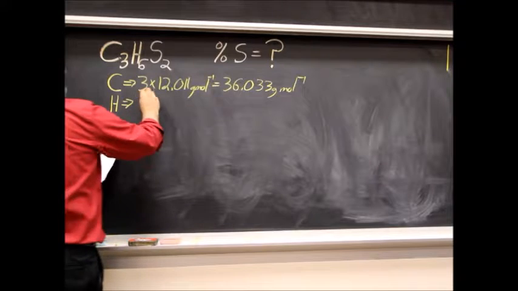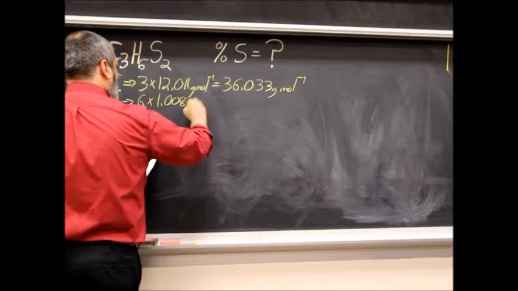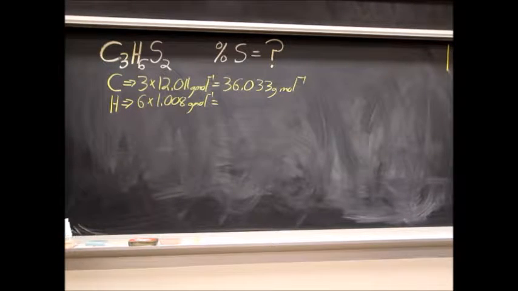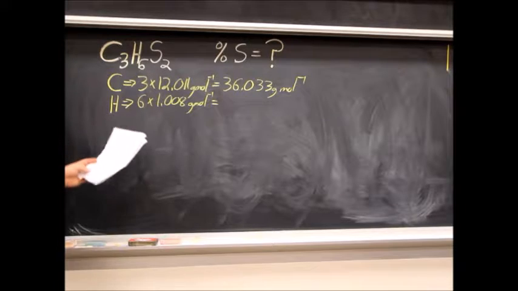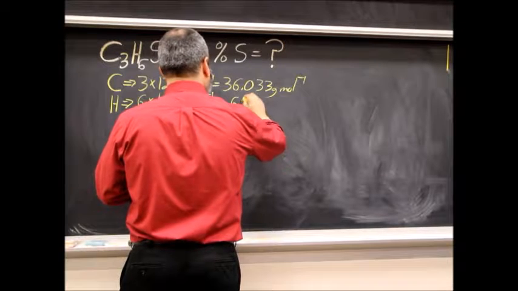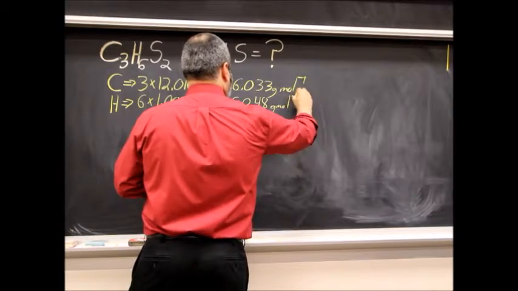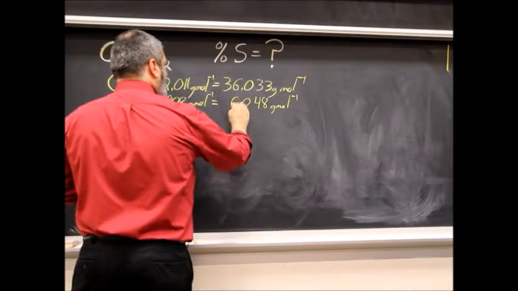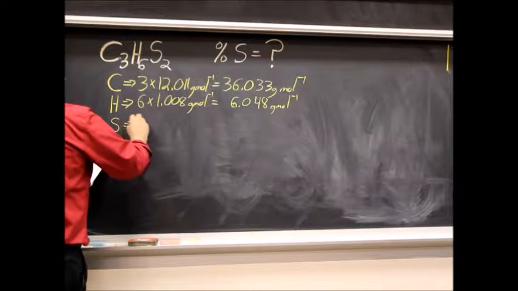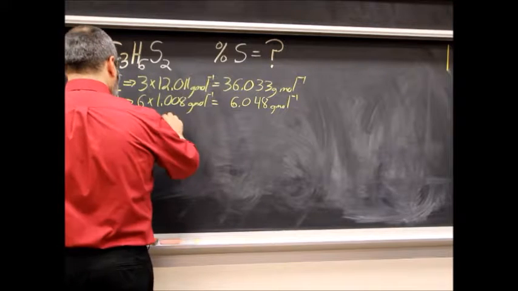Hydrogen. We have 6 hydrogens in this chemical formula. So hydrogen weighs 1.008 grams per mole times 6. So 6.048 grams per mole. And sulfur. We've got 2 sulfurs, which is going to be 2 times